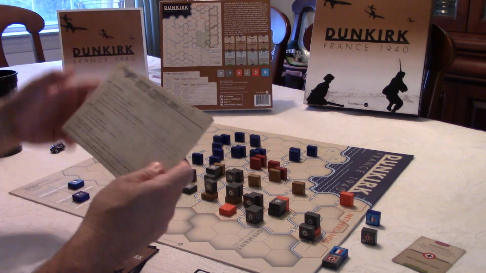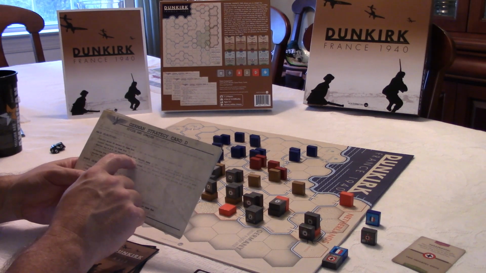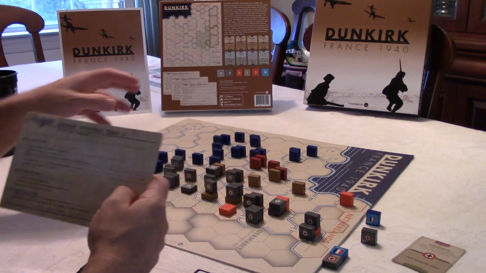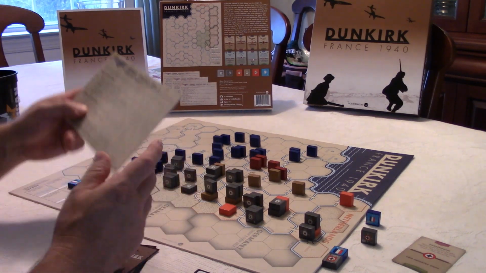What are we trying to hit here? Okay. Charleroi, we got that. We want to come to grips with the 9th of the BEF. Eliminate 5 blocks. Shatter the 1st. We kind of have a general idea. The 9th is somewhere in here. Okay. I tell you what, let's do